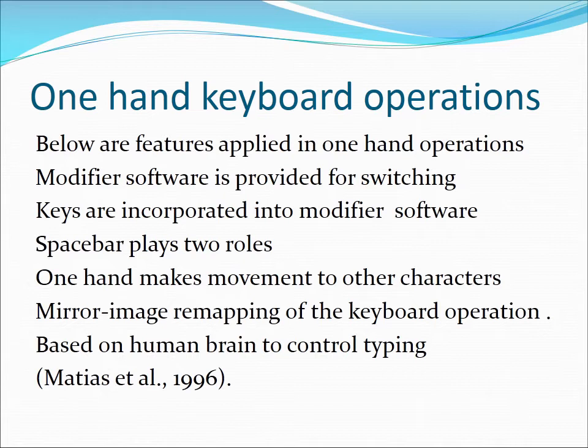And we have another feature called mirroring that mirrors image mapping of the keyboard operation, that when you're retrieving these characters, you cannot see that now you have retrieved the invisible characters and now they are visible. Instead, it is just mirroring on your finger, and your brain is the tool to control all of the characters which have been retrieved, those which were invisible or which were made inactive.